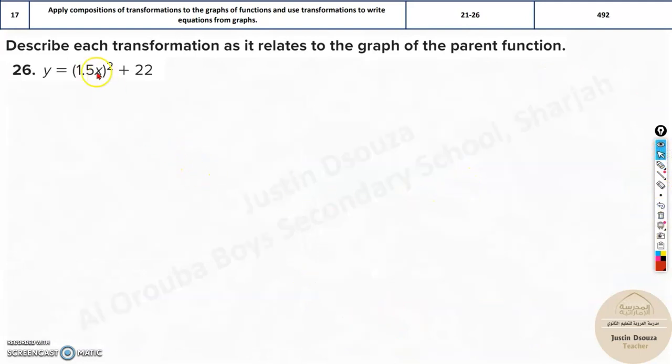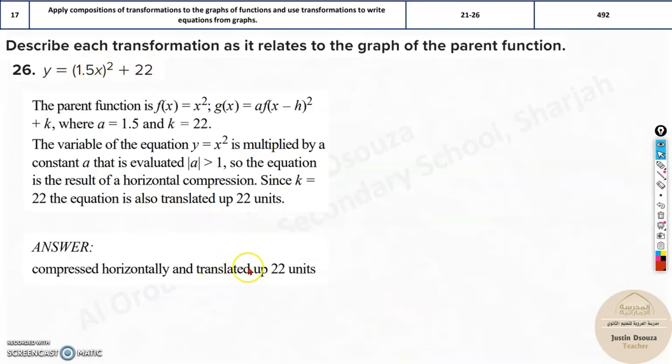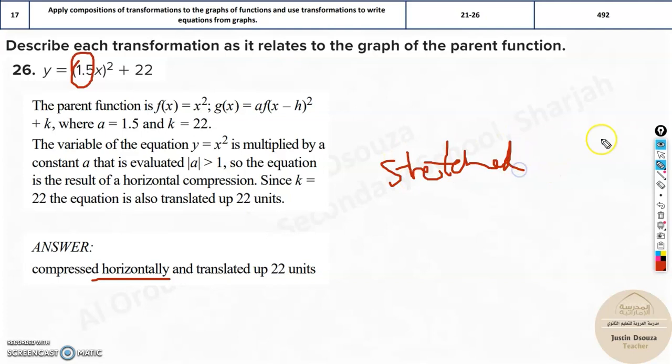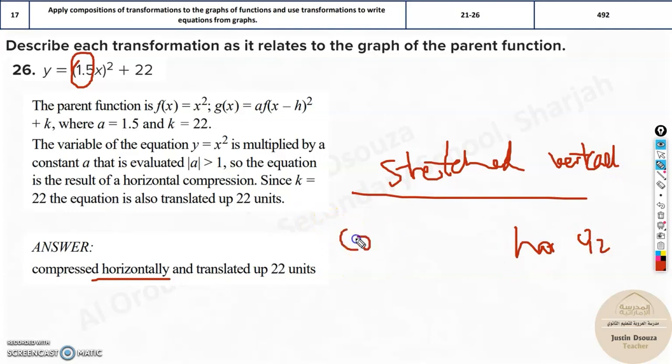Now here again we have greater than 1, and it will be translated up by 22 units. Now we are on the horizontal. I'll tell you one thing. This is stretched because it is more than one, stretched horizontally. Now remember, since it is inside the bracket and the square is there, we will consider the horizontal. If it is stretched vertically, it will be the opposite for the horizontal. For horizontal, it will be compressed. Generally you will be asked vertically only, because most of the problems, only one problem is